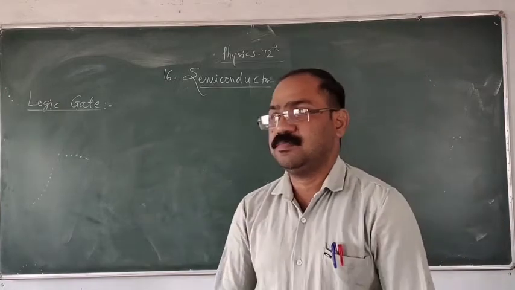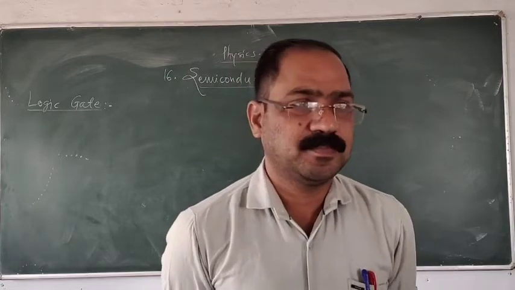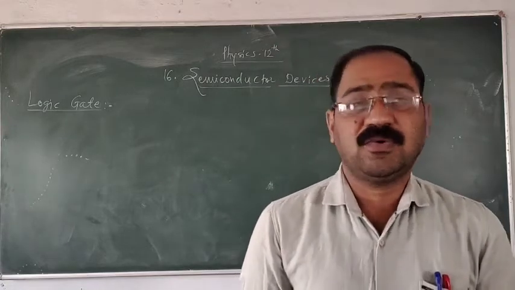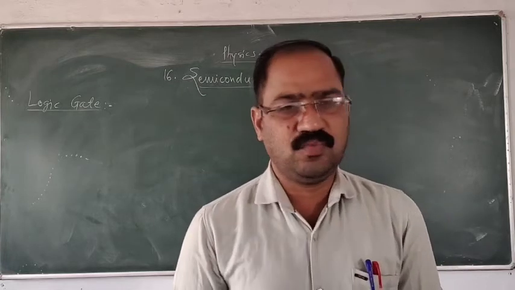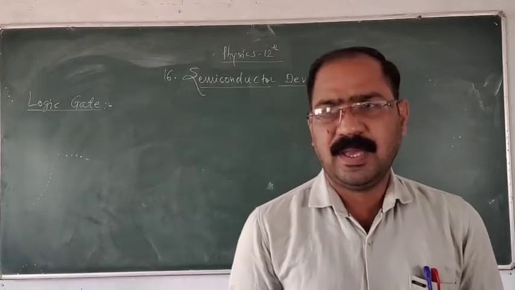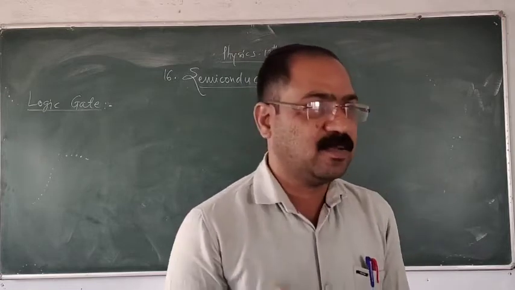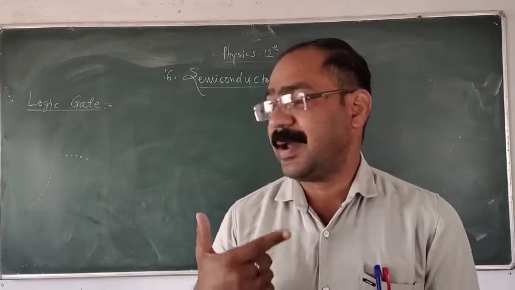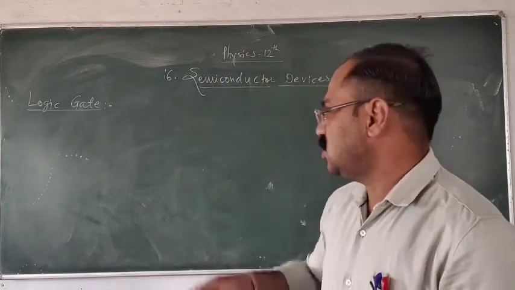Previous to this topic we have seen the semiconductor devices. In that we have studied the half-wave rectifier, which requires only one diode. After that we have seen the full-wave rectifier and the process of rectification. A rectifier is the device which converts AC into DC, and the process of conversion of AC into DC is called the rectification process. After that we come across the logic gates.